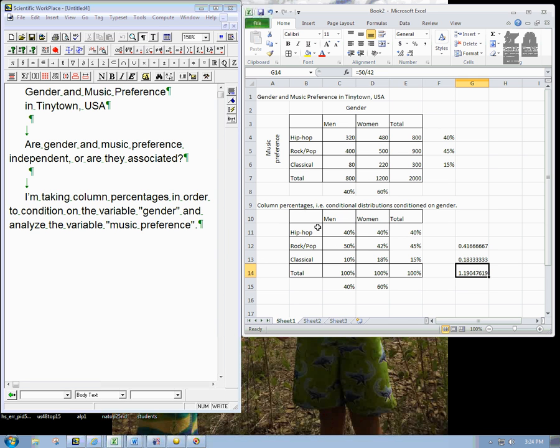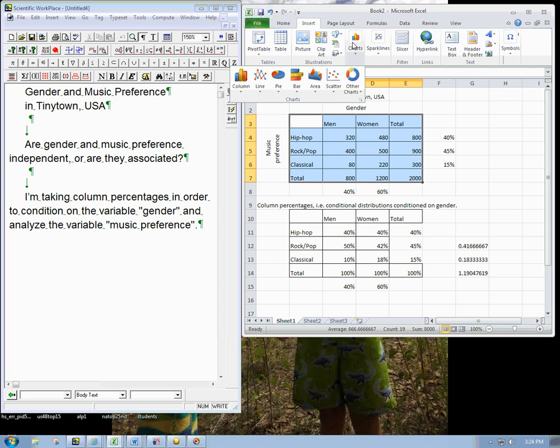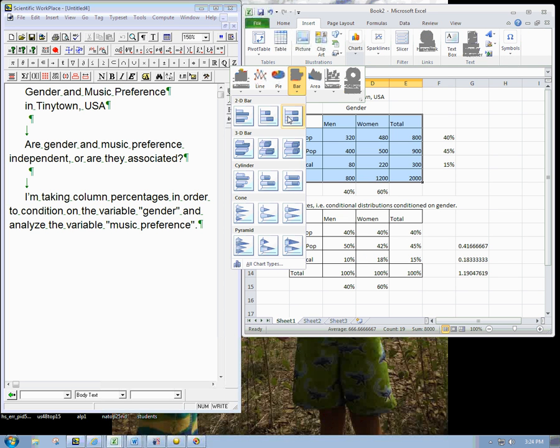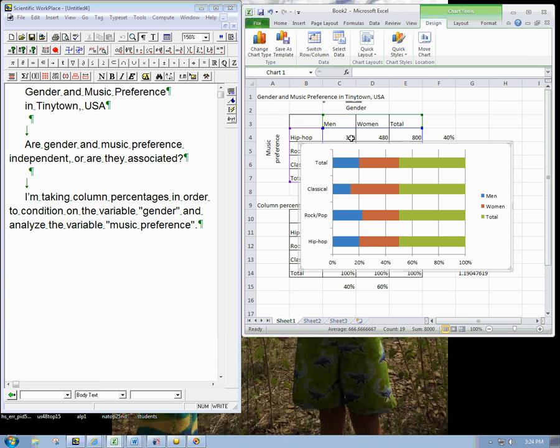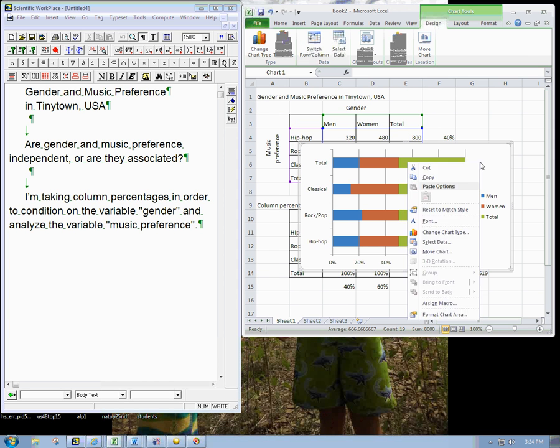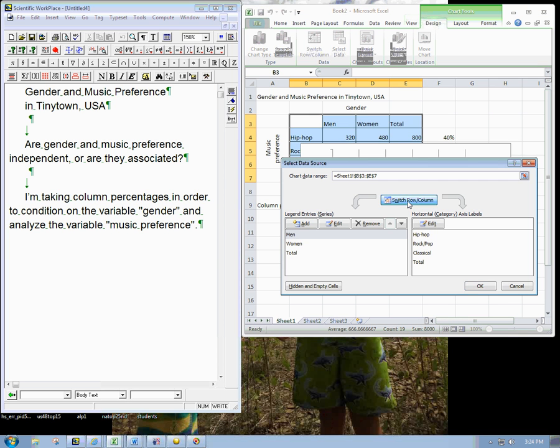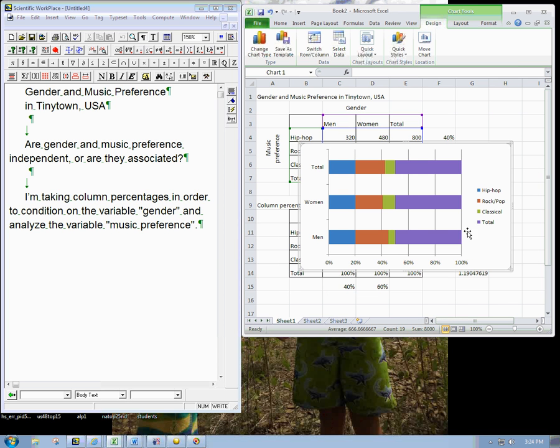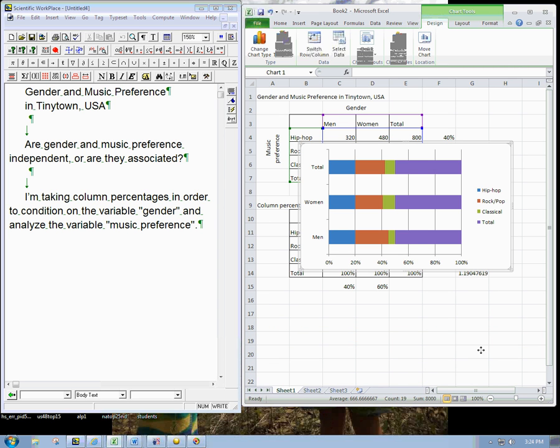Okay, so let me go back to here and actually use Excel to make a nice little segmented bar chart. Go to bar, and like this, I think it's going to give me the, yeah, let me go ahead and right click, select data, and we can switch row and column. There we go. And so this is a nice graphical representation of what we're seeing with the percentages.